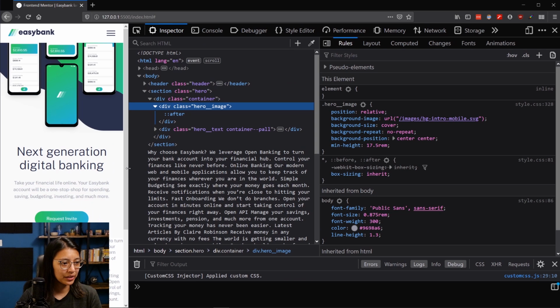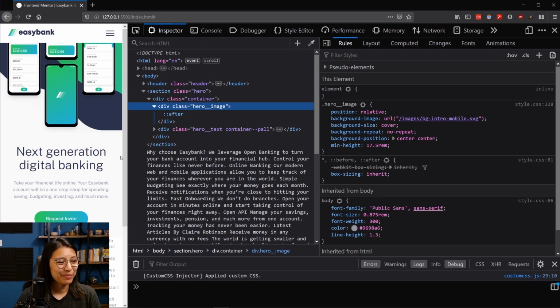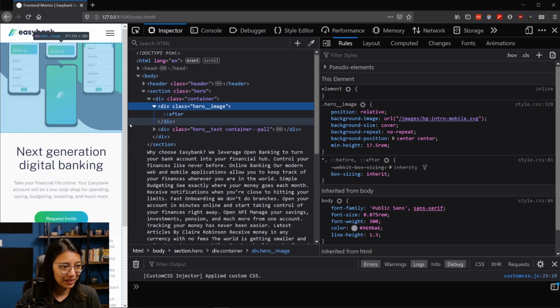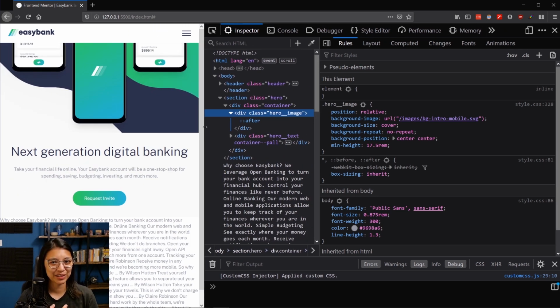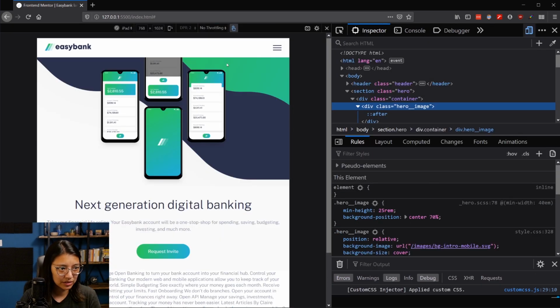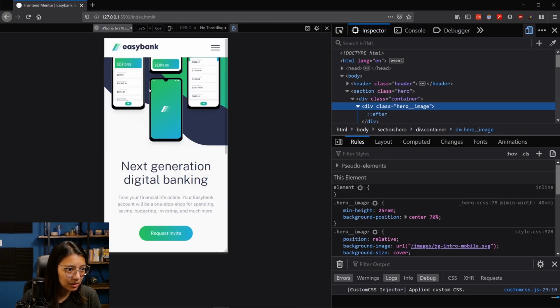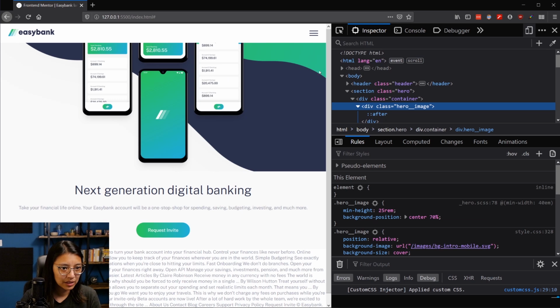And it is hard because I'd say 99% of the time, if you're in any kind of design work situation, the designer is usually only going to give you a mobile design and then a desktop design, which you can see was the case here with Front End Mentor. So for tablet, a lot of times it's on you to figure out what combination of mobile styles and desktop styles am I going to use for tablet. This is tablet, and this is phone, and then this is